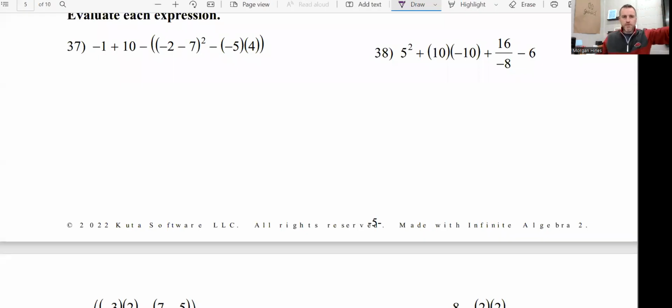All right, folks, we're moving on to evaluating some expressions. Evaluate just means find the value of this thing. So number 37, we got a whole bunch going on, but we can find the value by following the order